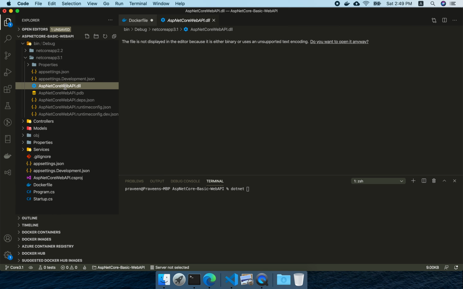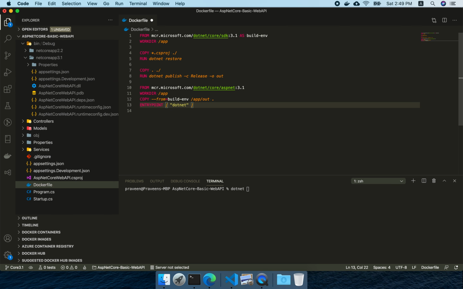In this case, this is the DLL. That's what you have to pass as the second parameter, the .dll. That's it.